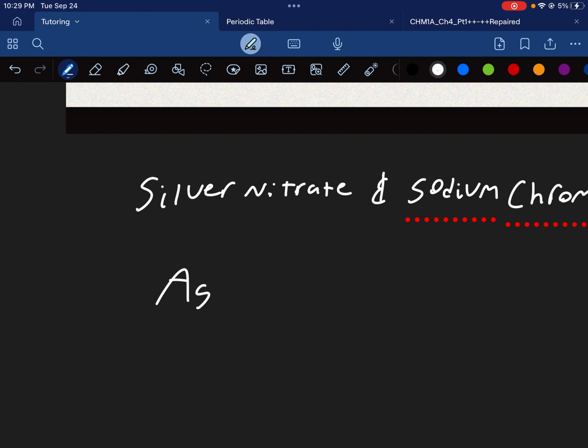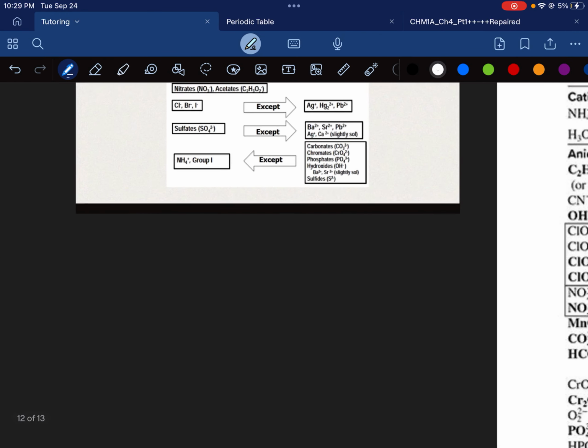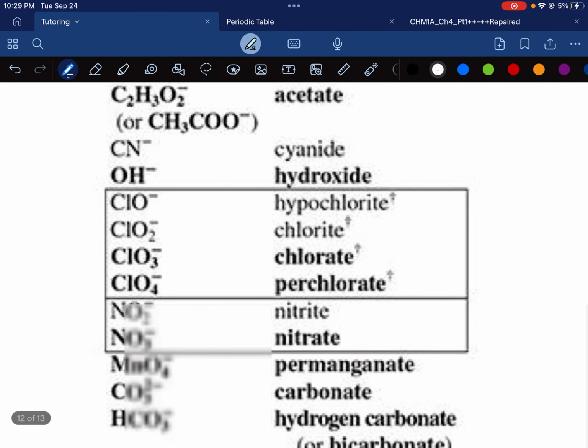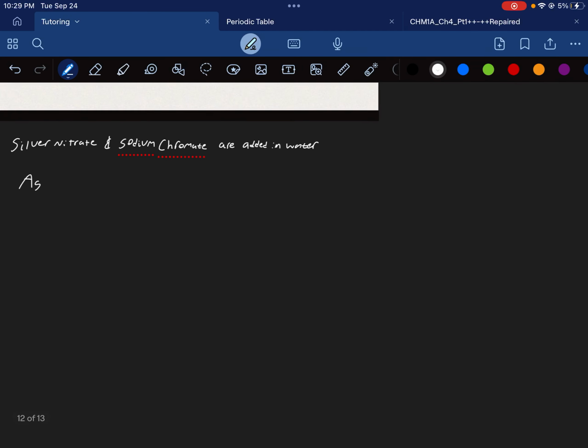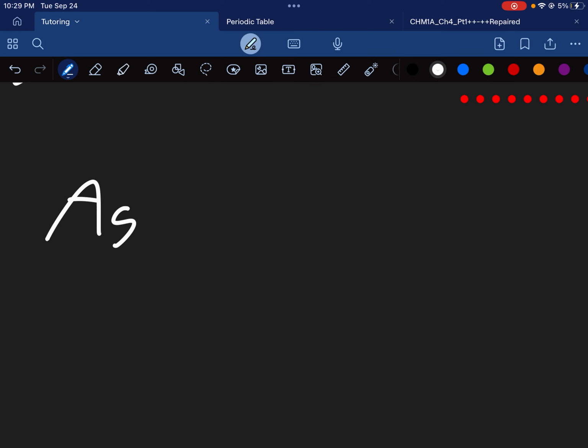So let's consult our polyatomic ion chart. What is nitrate? Well, nitrate is right here. It's NO3 with a -1 charge. So we're just going to leave it as AgNO3